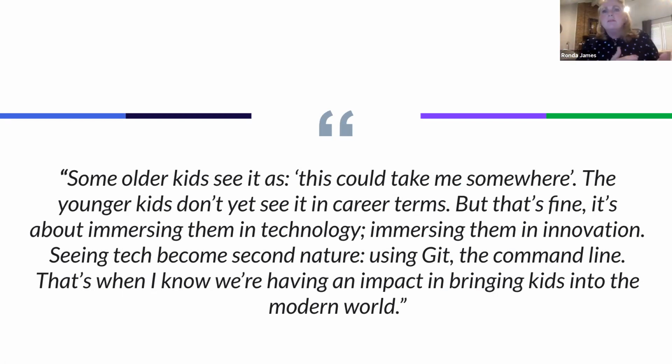But if you go to the other end of the spectrum for younger kids, even though they don't necessarily know what's happening, they're coding in Scratch, or they're being immersed in technology, and they're using the technical fluency, the vocabulary, and learning technical fluency, and they're learning to think in order and process, and they are immersed in that right inside of Codio. So I love that.